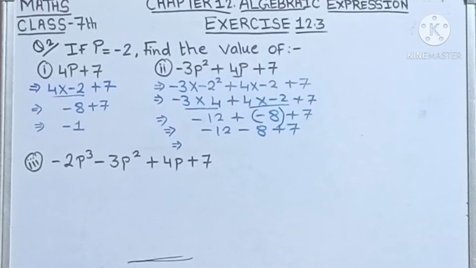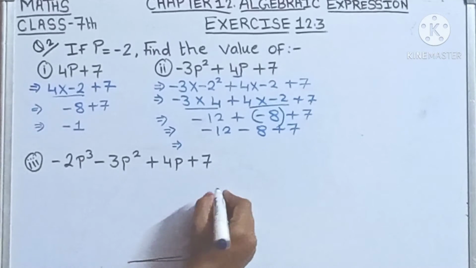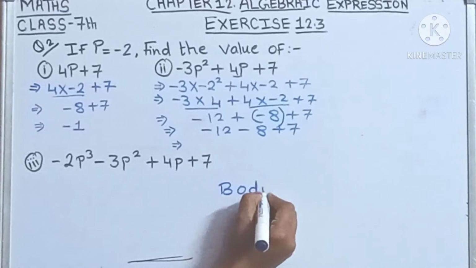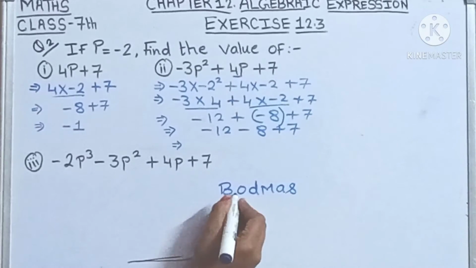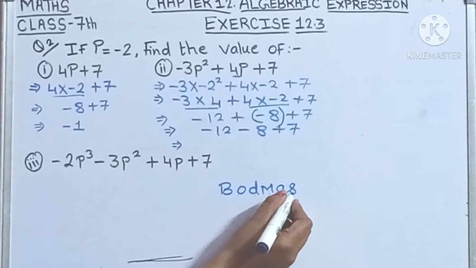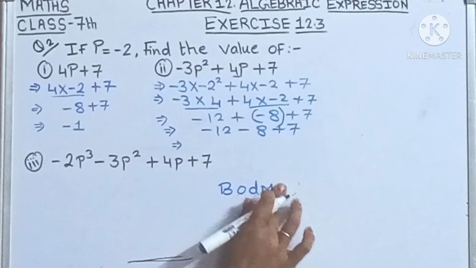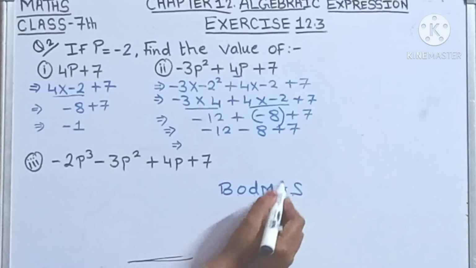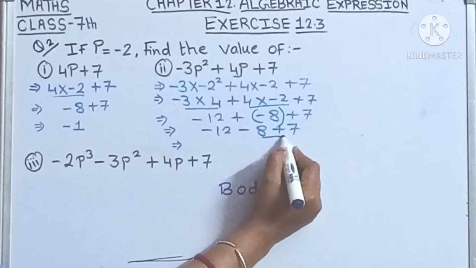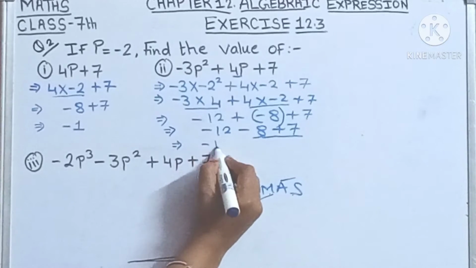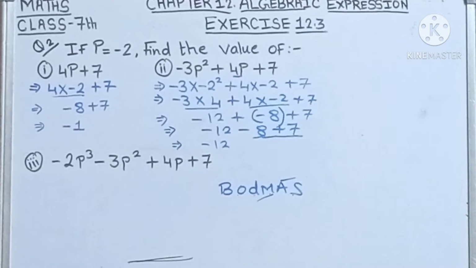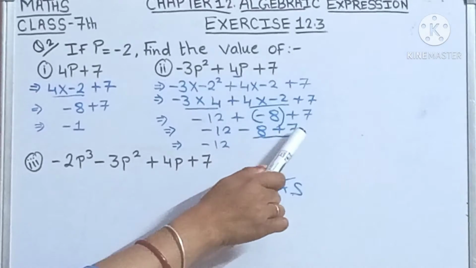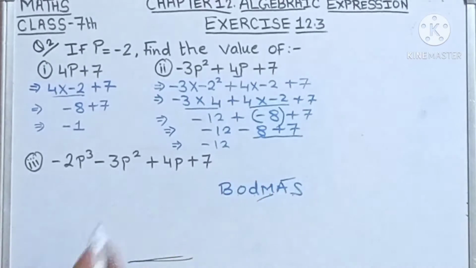Now which term do we have to solve? According to the BODMAS rule: bracket, of, divide, multiply, addition and subtraction. We have done multiply. Now addition. Addition means first we will solve this term. Minus 12. Now one sign is plus and one sign is minus. Minus 8 and plus 7. Whenever you see these numbers, you also have to look at the sign in front of them. So minus 8 and plus 7 is there.